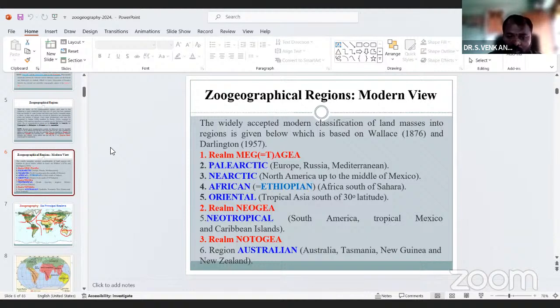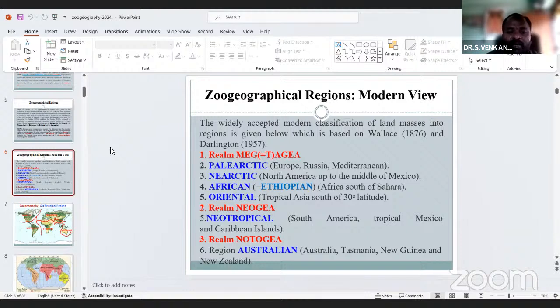And the African region is called the Ethiopian, Africa south of the Sahara. The Oriental region, tropical Asia south of 30 degrees latitude, in our country, is recognized as the Oriental region.